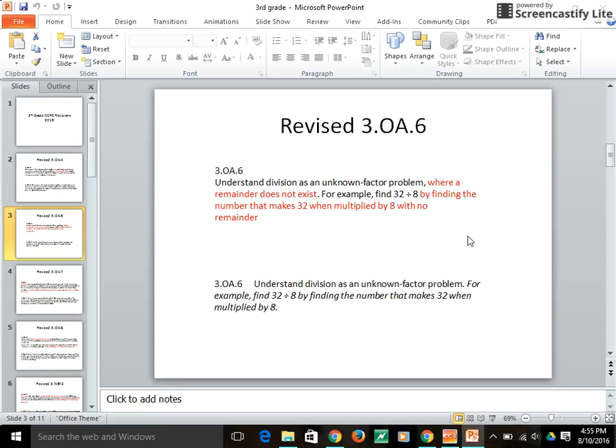So it makes a little bit clearer connection between multiplication and division, but also just lets you know that we are not expecting them to deal with remainders in third grade, because we know that math teachers need that in writing very clear, or we're going to